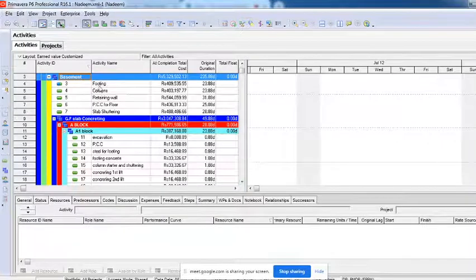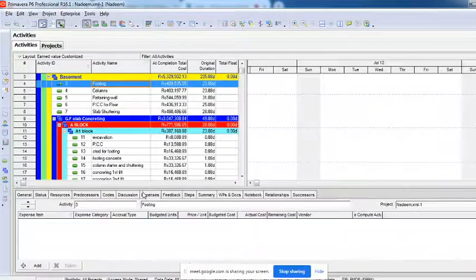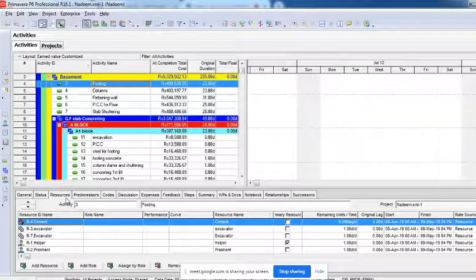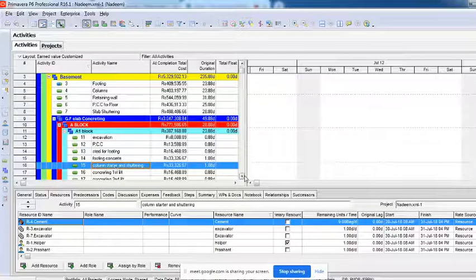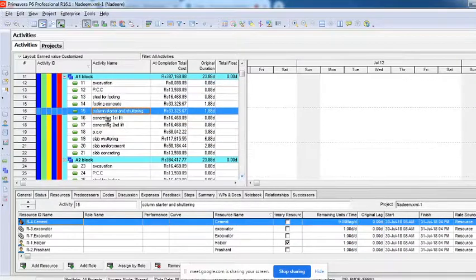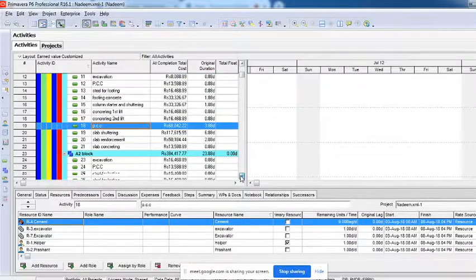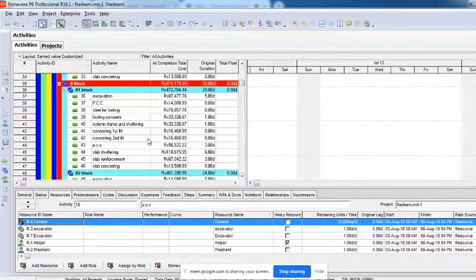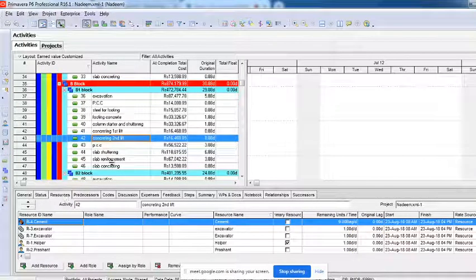The moment I click on this footing, you can see resources are also assigned to this. You can see how much cement, what excavator, how many excavators. Why do we have 2 excavators added separately? I'm not sure, we'll have to check. There might be a lot of things in this which you will have to understand when I keep on changing. I'll try to share these particular things with you, then probably you'll have more understanding.